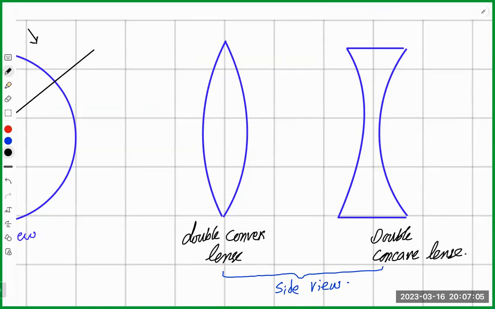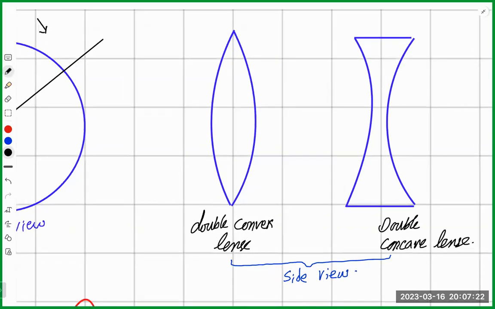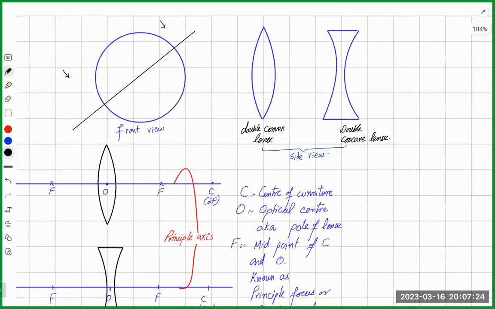They can be convex on one side, concave on the other. The side that comes outward is called the convex side. The side which is caved inwards is called the concave side. Some lenses are concave from both sides. Some lenses are convex from both sides. Some lenses are plane on one side and convex on the other side, like